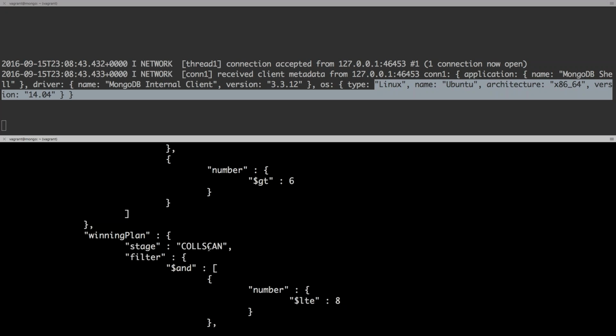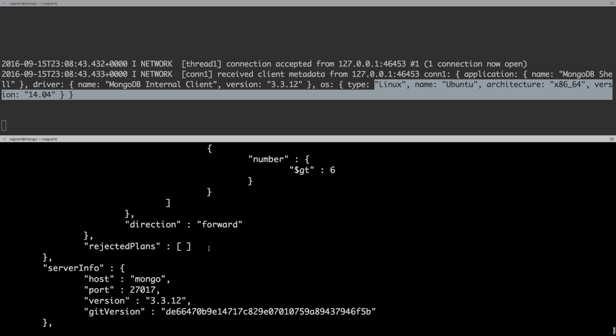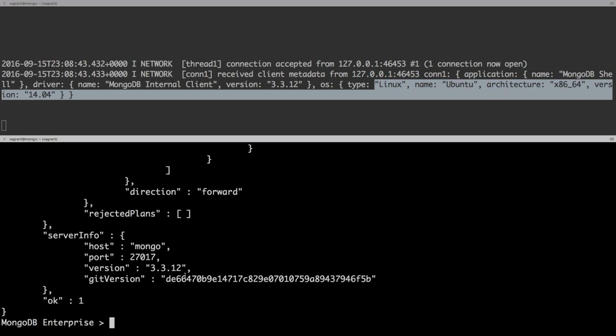If you are familiar with full table scans or some other nomenclature for these long sets of fetch results out of a database, this tends to be the worst case scenario, where you need to go through each and every single document in your collection or table to find all the documents or results that you need. This only gives us a little bit of statistical information, so it doesn't actually execute the query. If I want to do that, I need to do